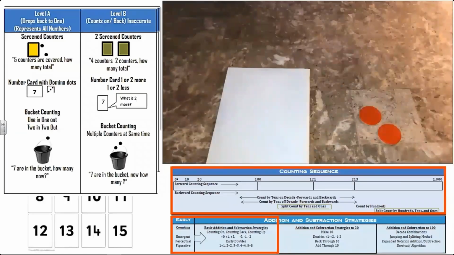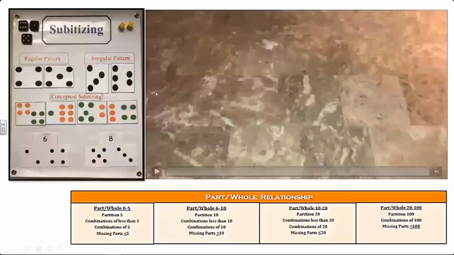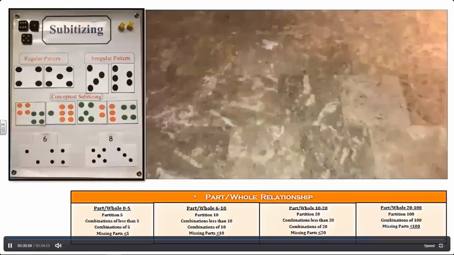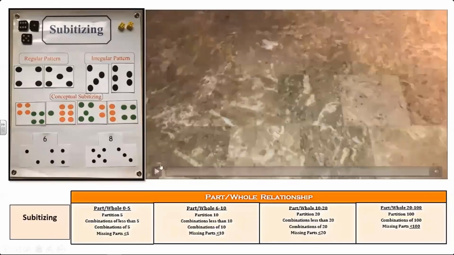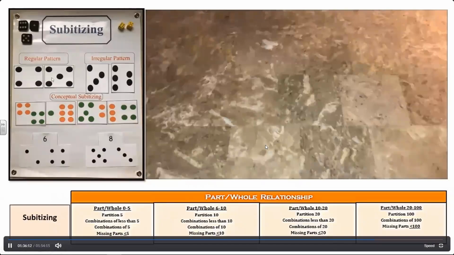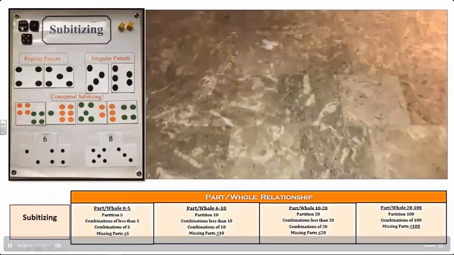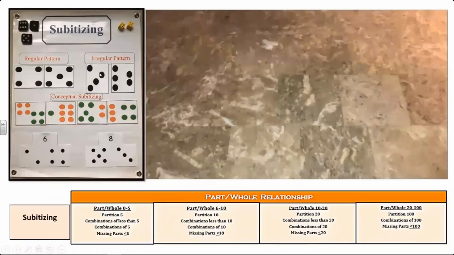its entirety. Okay, the next one is we're going to talk about subitizing. And picture this, subitizing would be considered before part whole. This is a skill that they need to have in place before they can even start working on part whole 5. With subitizing, there are regular patterns and irregular patterns. They have to learn the regular patterns first before they can use the irregular patterns. And then once you use the irregular patterns, that's when you start teaching about part whole, like, oh, this is